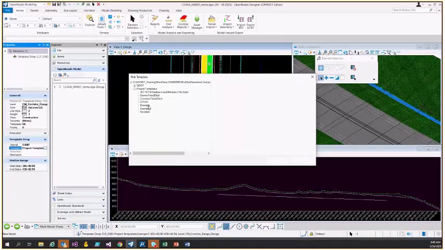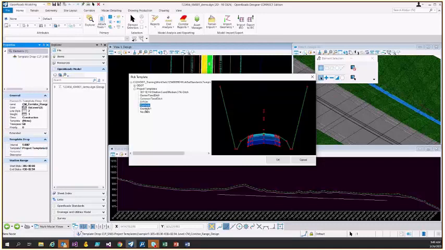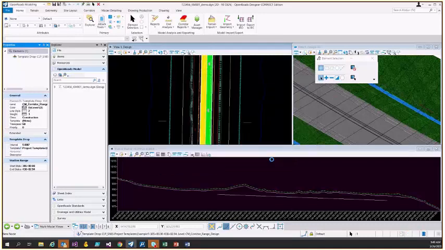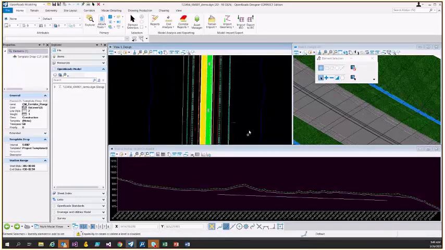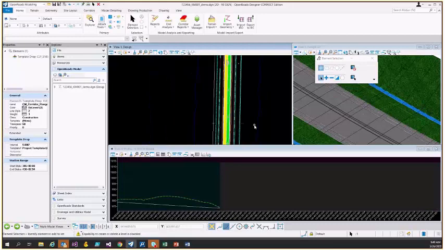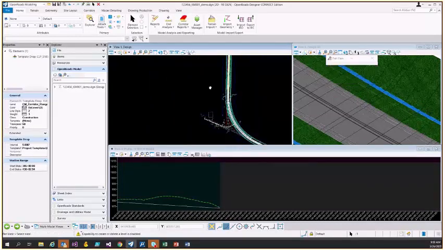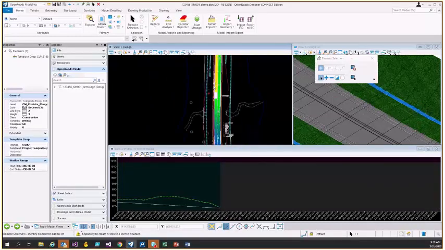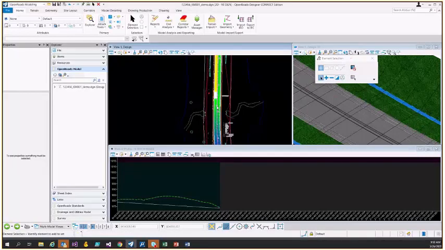So I'm going to switch my template off of the fixed ditch template. So I lost my ditch. Alright, so let me do this again. So we're going to do